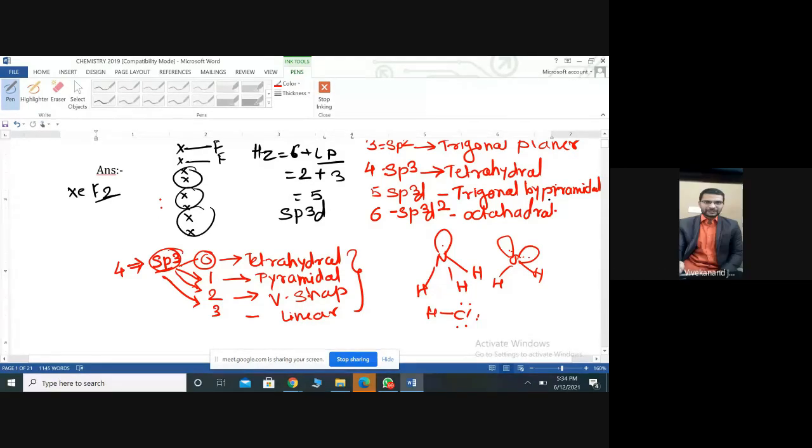Vidya madam, any question? Vijaya madam, any question? Okay, if we have this type of sp3 hybridization, when we go for the exam, on a rough page we have to write it down. How can we remember this?